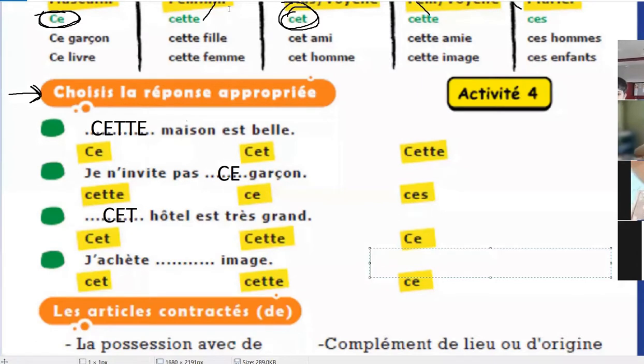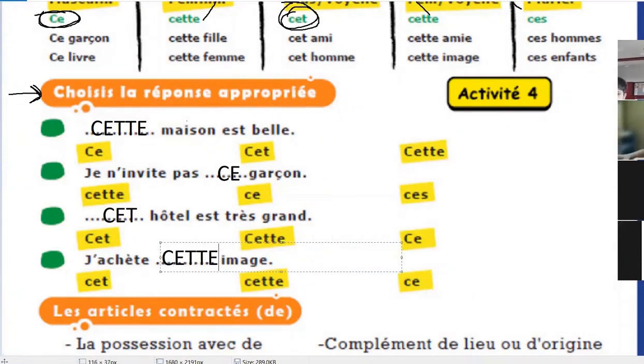So what is the answer, children? J'achète, I buy. Very good. Cette. J'achète cette image. I buy this image. Acheter means to buy. You can see how easy the exercise is. You know why it is easy? Because today